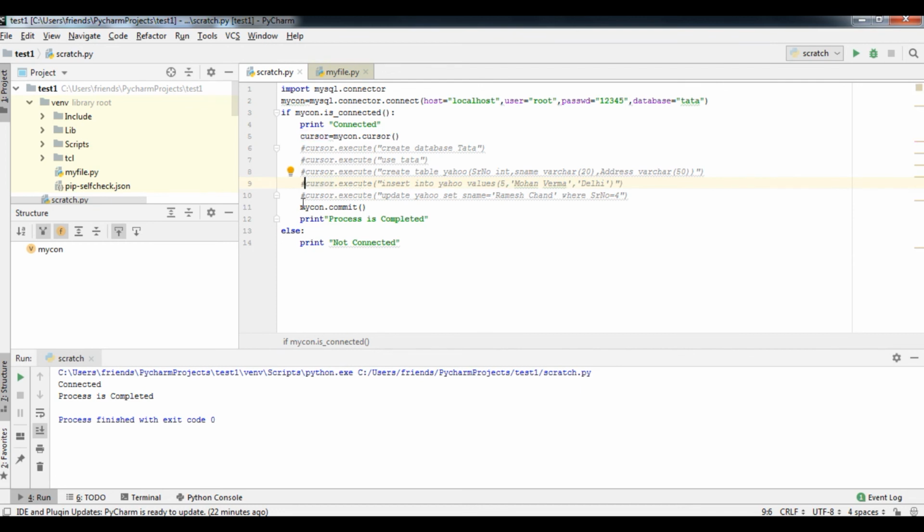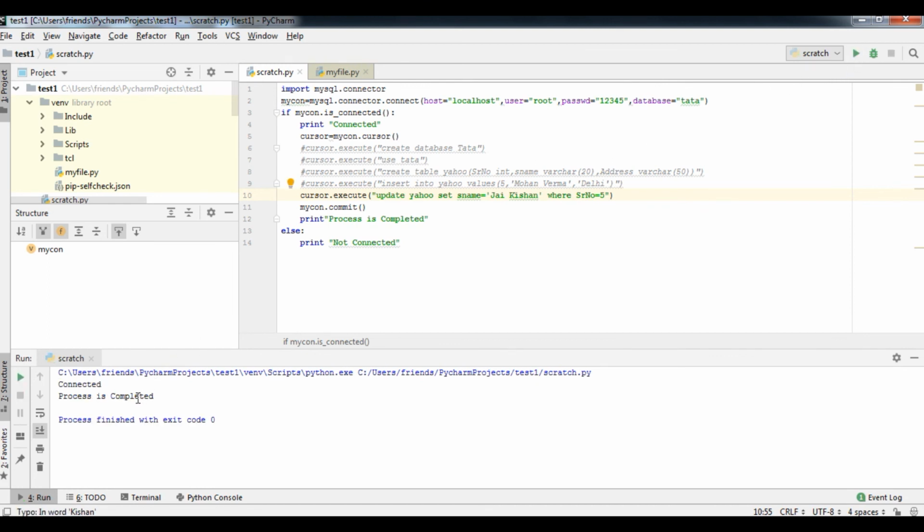So I will comment the first line and uncomment the second line, I mean to say the update statement. I want to just change the 5th record, and the person name is simply Jai Kishan. Okay, so let's see what will happen after running this particular code.